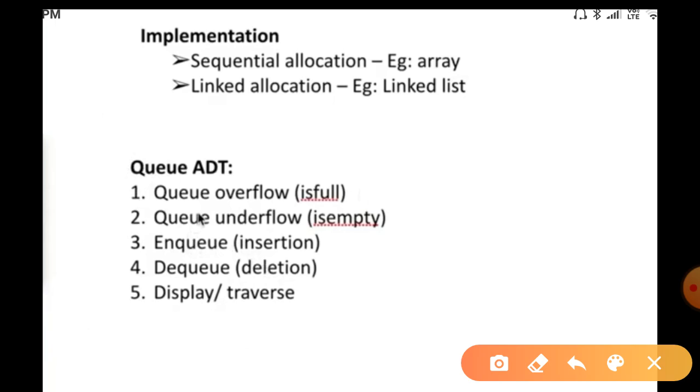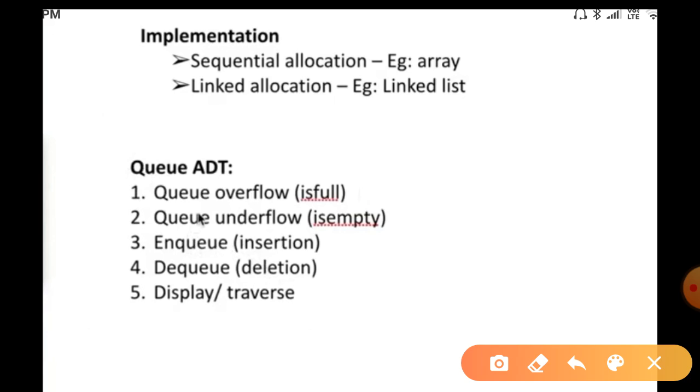It is already filled, there is no space to put extra water. That is overflow. Here also, if the array is filled with elements and you try to insert an element, that is overflow. Now the bottle is empty. If you are trying to drink the water, you can't drink the water.